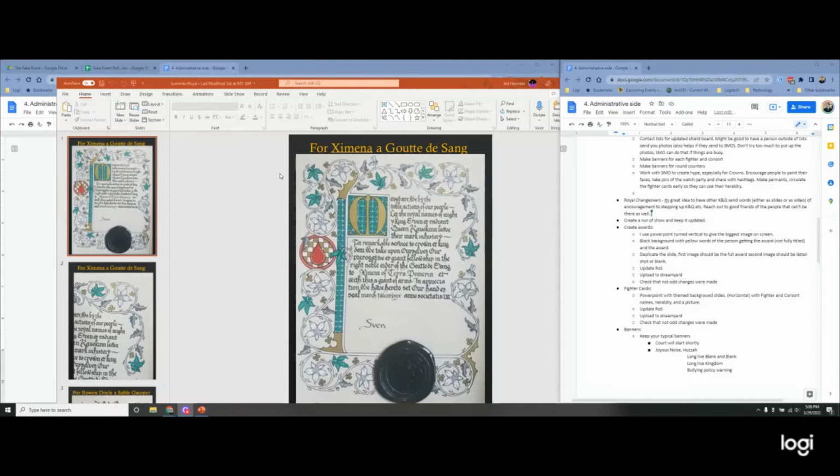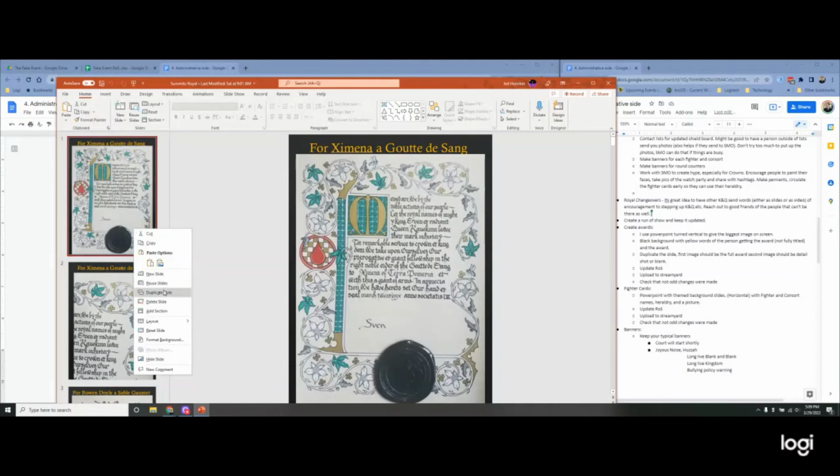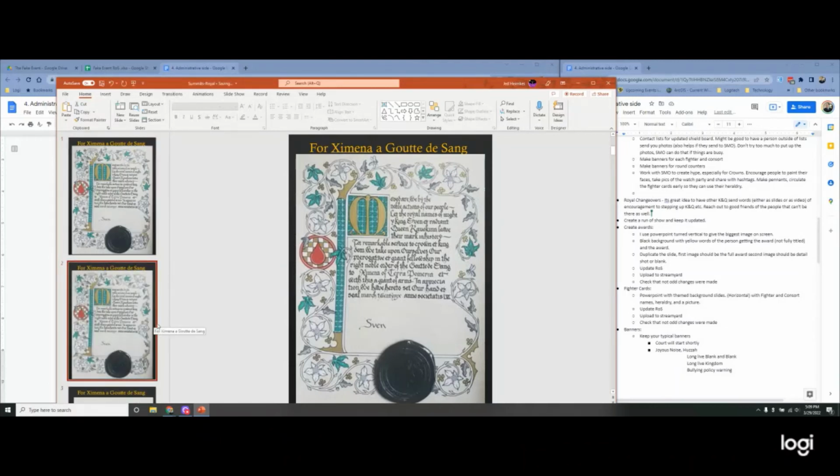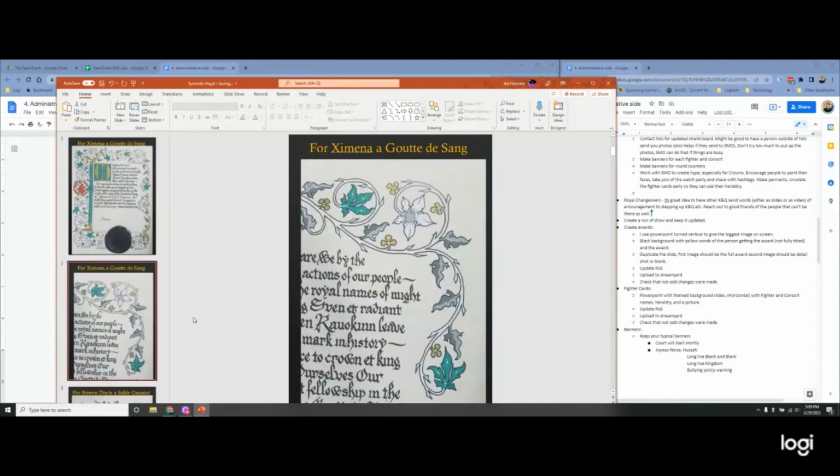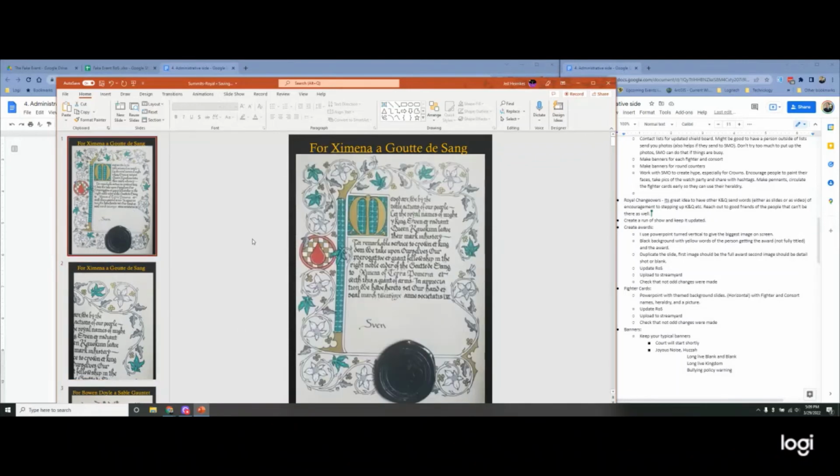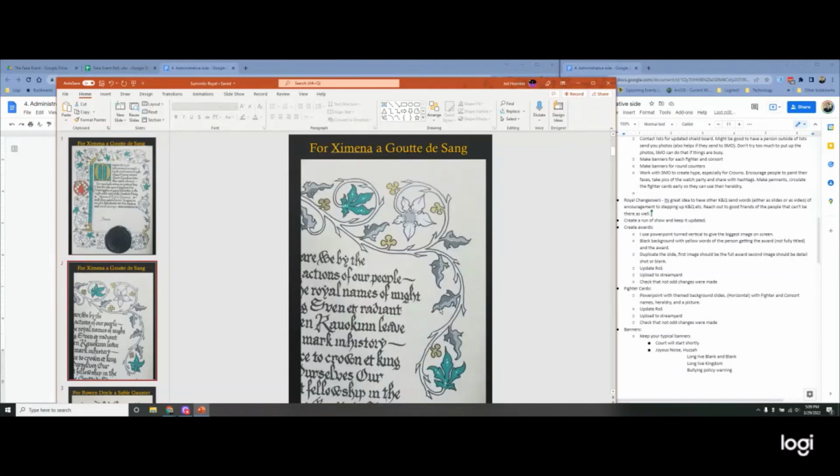For on tier, I've got our yellow and our black background, and then I'll just copy it, make a duplicate, and then add in the next image. Again, you should have gotten all of these from the court scribes, and you'll know your list from your court coordinator. And we've got the awesome, really cool, nice shot, and then we go down for the little bit more detailed shot, which shows off the artist's work and also gives us a little bit of a buffer so we don't accidentally go on to the next one.